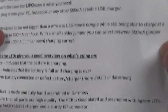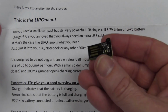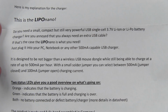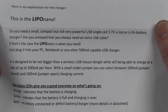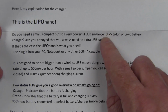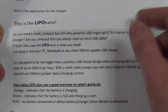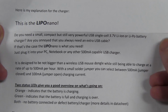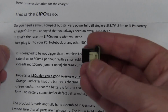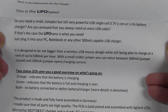Well, off the top of the bat, I can tell you it looks quite neat. I like it. Just a little compact form factor. It does its job perfectly. Plugs into the USB. There's no cables. Bam. Straight in. Great. Do you need a small but compact, very powerful USB single cell charger? Yeah, 3.7. Well, it's actually, I assume it's 4.2 volts charging. They're rated for 3.7, but what's important is what they charge at, which is most of them charge at 4.2, plus or minus 1% absolute max. The better lithium-ion charger chips are like 0.5% or something like that tolerance on the constant voltage part of